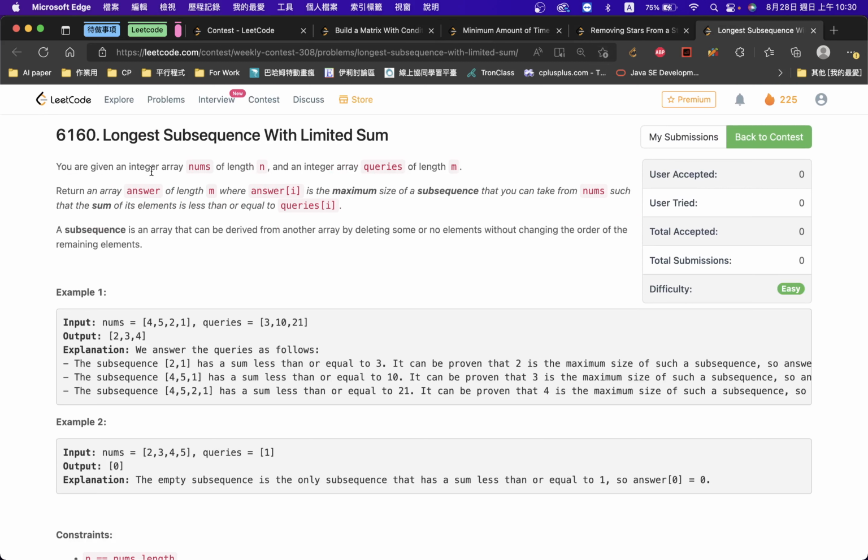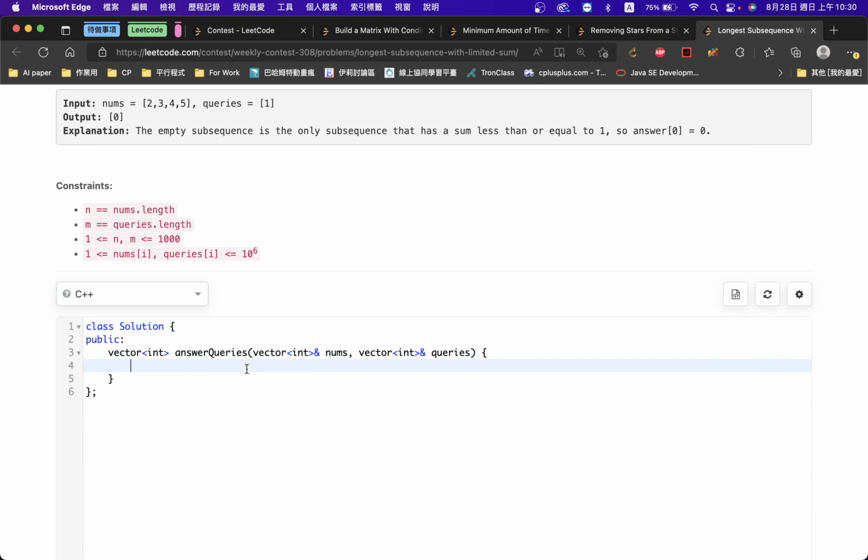We're given the integer array nums and the array queries, and we return the answer array where answer[i] is the maximum size of a subsequence you can take from nums such that the sum of elements is less than or equal to queries[i]. Okay, so first, for